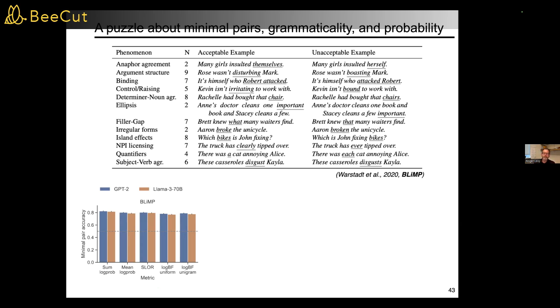However, let's now pool all of the grammatical sentences and all of the ungrammatical sentences, and look at the distributions of log probabilities of each group. If I do this, it turns out that the two distributions are almost entirely overlapping. This is for GPT-2.